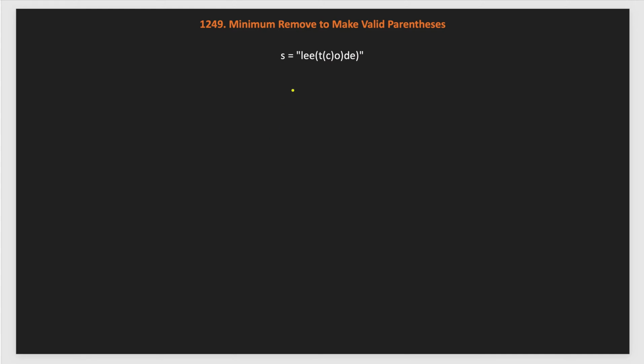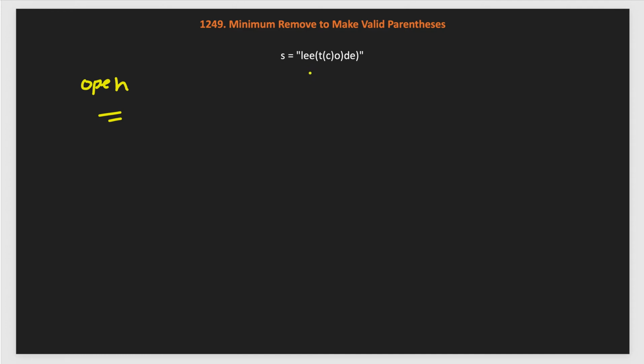So as you can see, instead of noting the index, we will keep track of just the count of open and close. So in one variable, let's say the variable is open, that will track the count of open parentheses. If we find an open parenthesis, we increment it. If we find a close and open is greater than 0, we just subtract 1 from open. If it is 0, then that close parenthesis doesn't have a corresponding open parenthesis on the left side, so we will mark it with an asterisk right there.